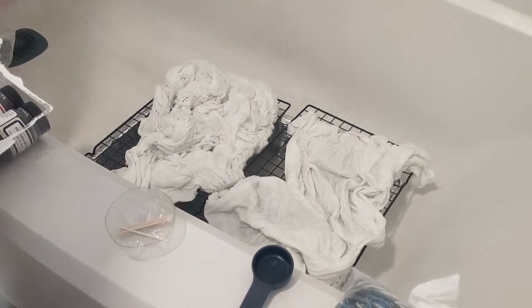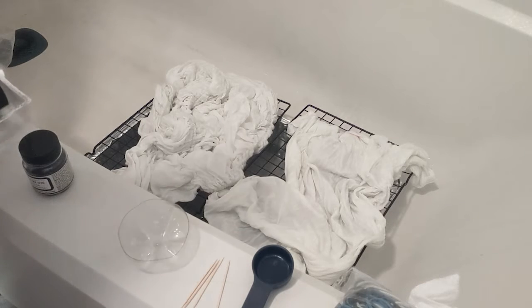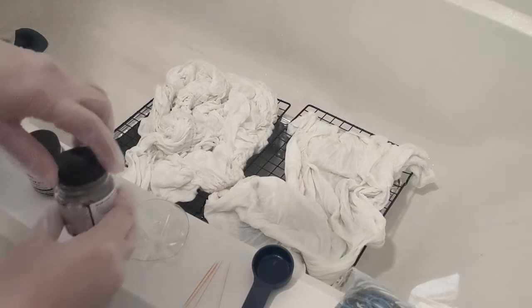So, for the dress, I was thinking about different shades of blue plus yellow. So the yellow can go in by itself, but the blue needs to be mixed. So I have this that I'm using as a palette, and I'm just going to put some jet black and some blue in there. And then for the next one,